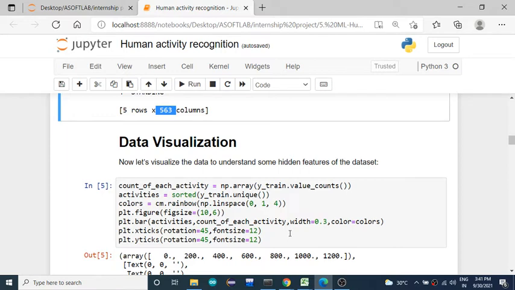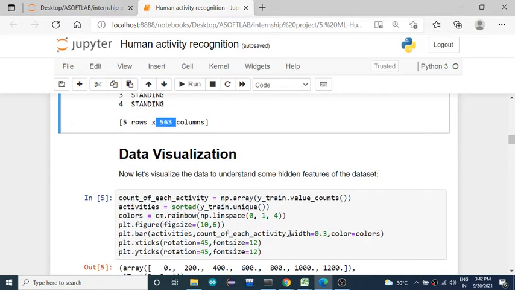If the accelerometer is 0 and the gyrometer is something like 45 degrees, 90 degrees or almost 180 degrees, based on that it identifies the activity. The gyro sensor is used to find out the tilt, the angle of the object, how much it is bent. So these two sensor readings will be taken from the smartphone, and based on them we identify what activity the person is doing in the current situation.